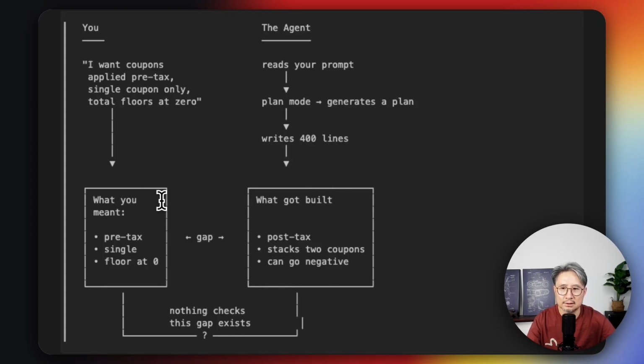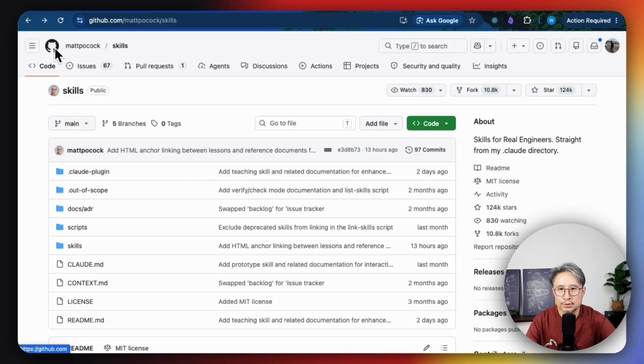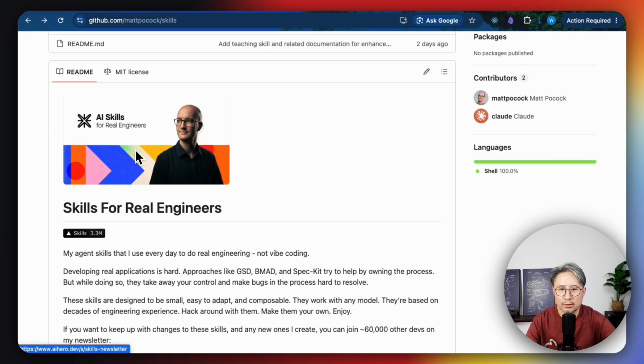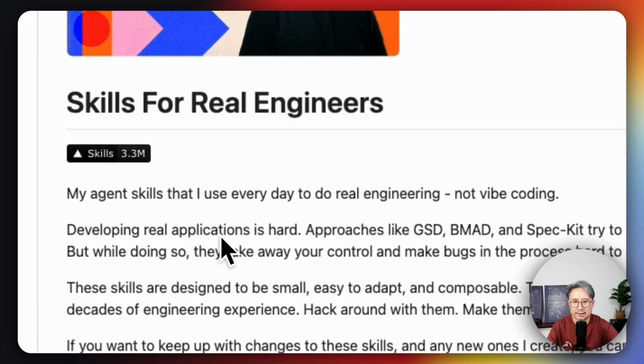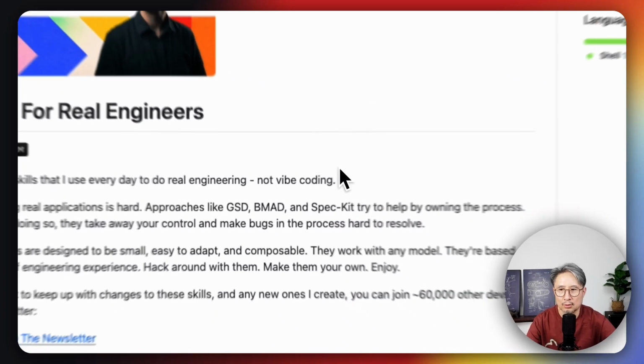Basically, these are the methodologies that we used to develop projects before the AI coding assistant existed. Let's build something real and go through it. The tool we use today is the skill set released by Matt Pocock, who has a very deep understanding of how a real project is developed by real engineering, not just vibe coding.